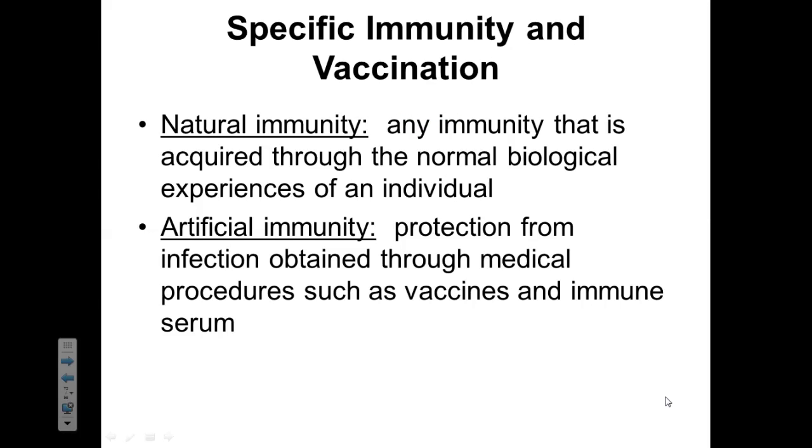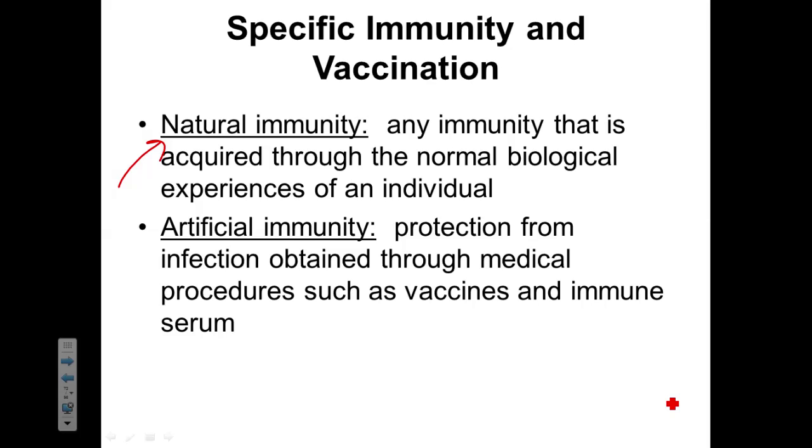All right, class, let's finish up our Chapter 12 discussion on vaccination and immunity. There are two broad categories of immunity, natural and artificial immunity. Most people have both present in their bodies. Natural immunity occurs when we are exposed to a biological pathogen through the normal course of events of our life. So we're just living our lives and we get sick randomly from an experience that we have. Maybe someone sneezes on us and gets us sick, so on and so forth.